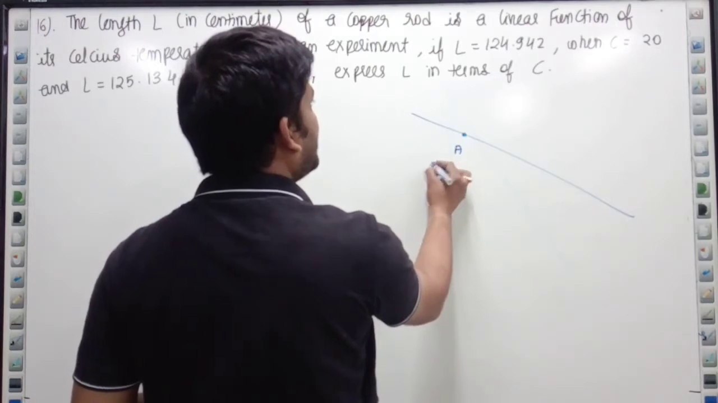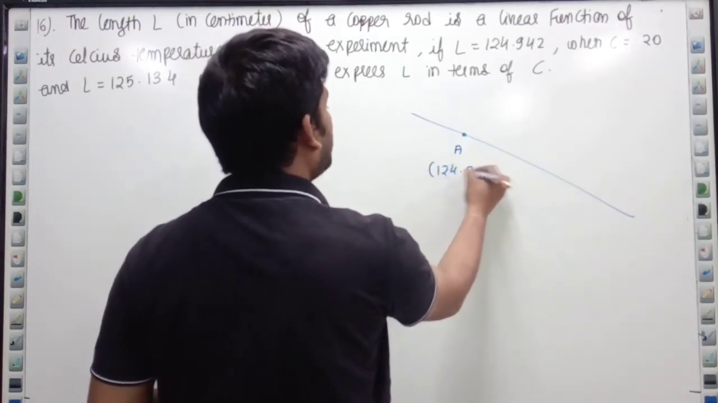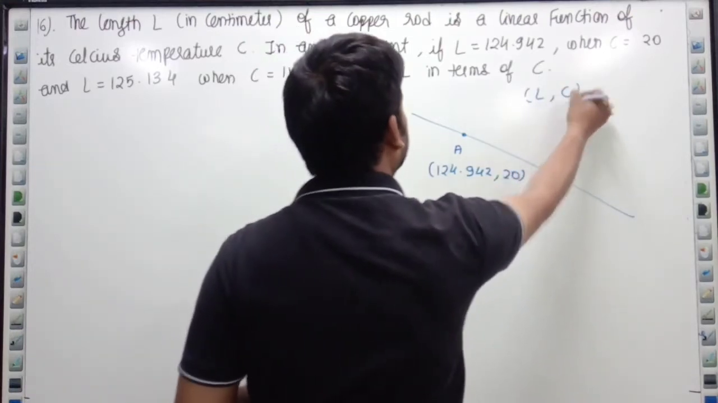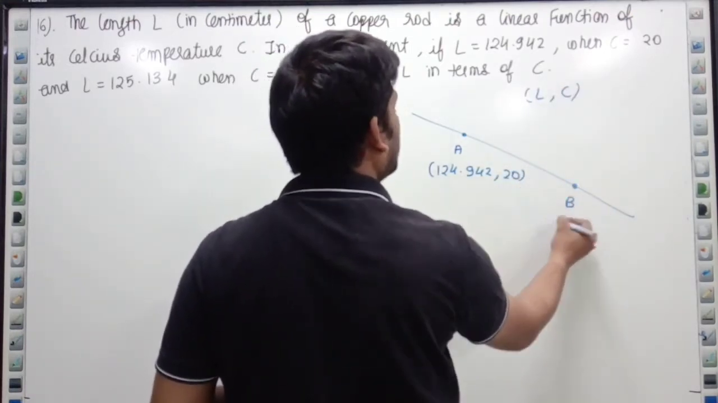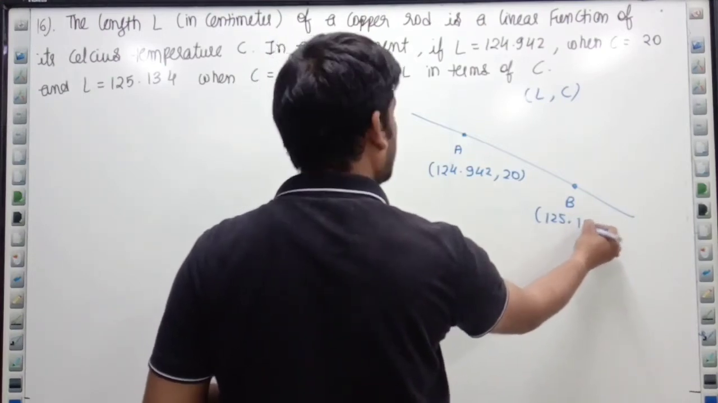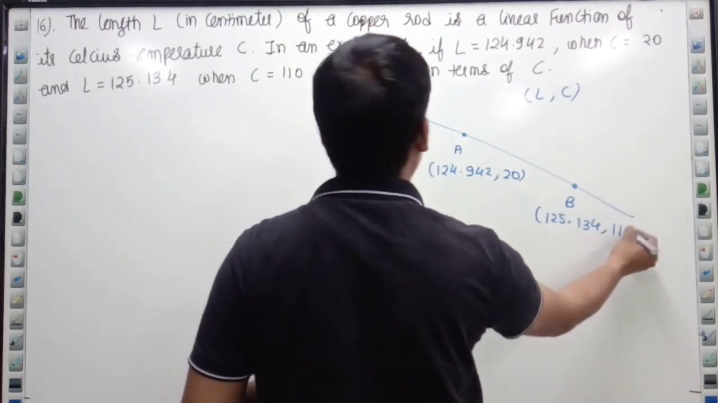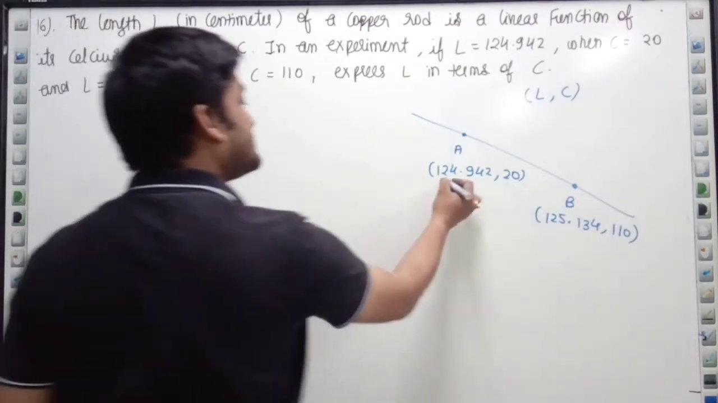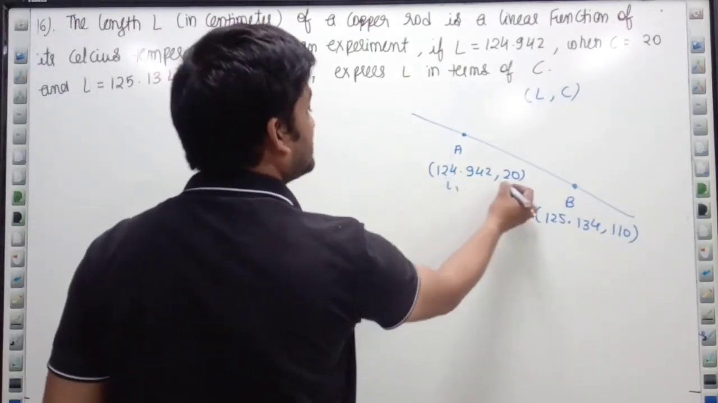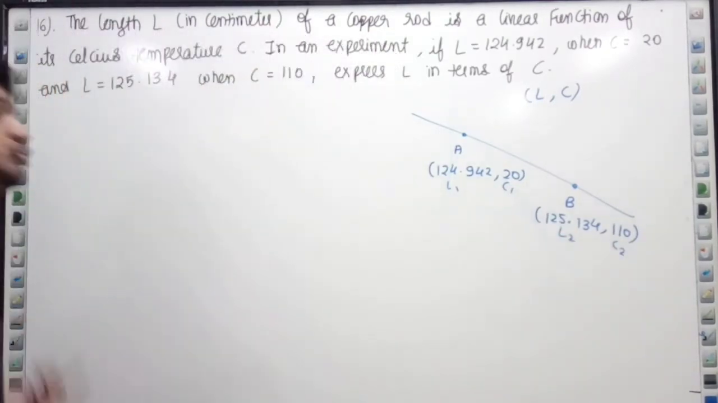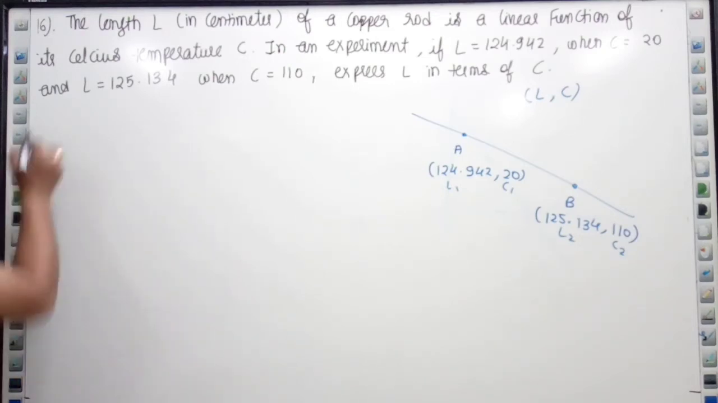One when L is 124.942 and C is 20. I am writing L comma C, right? And at the second point, L is 125.134 and C is 110. Can I find L in terms of C? Yes, this is L1, C1, this is L2, C2. I am having 2 points on the line, so I can write the equation as I